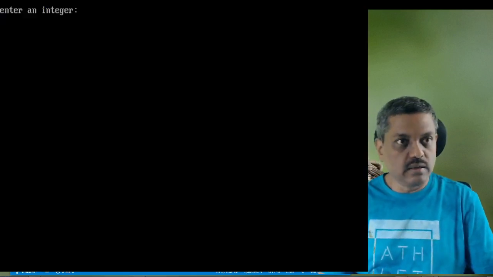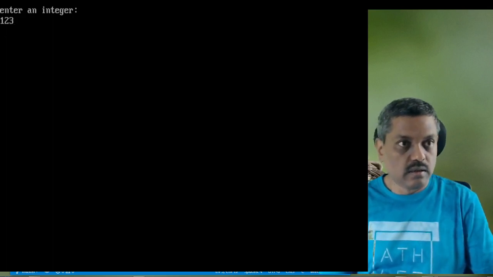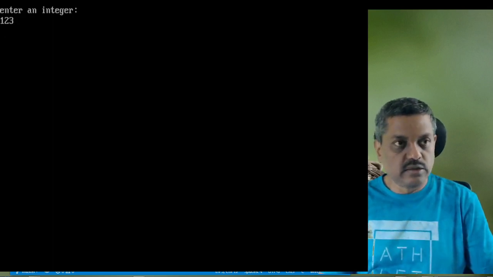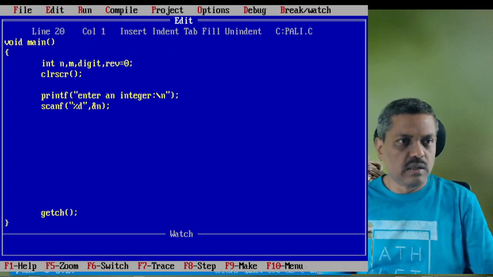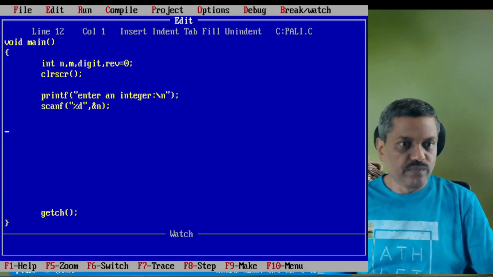You see it is working. Enter an integer, say 123, and hit enter. It is still waiting. Probably it has read the number, and it is waiting for another keystroke, because getch is there. Press any key, and it will come back. That means it's working fine. There is no problem if you compile often and test. That's the way you have to build your program.